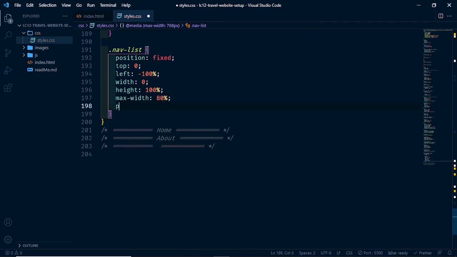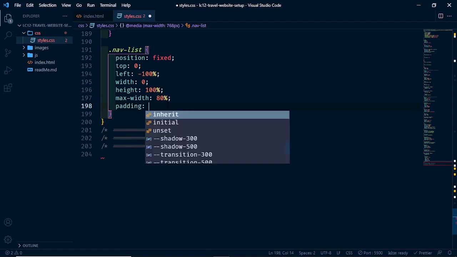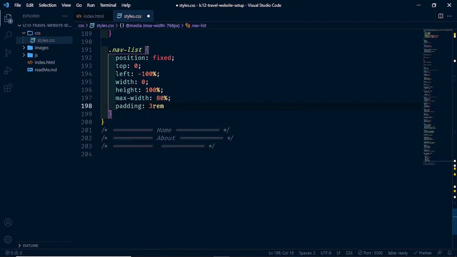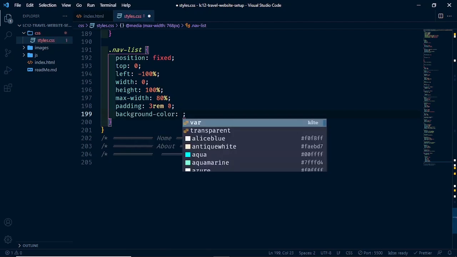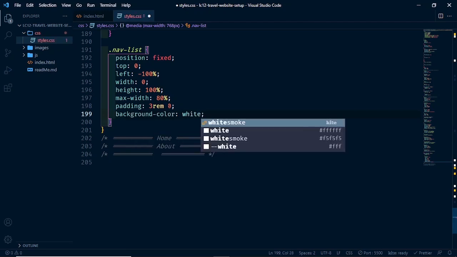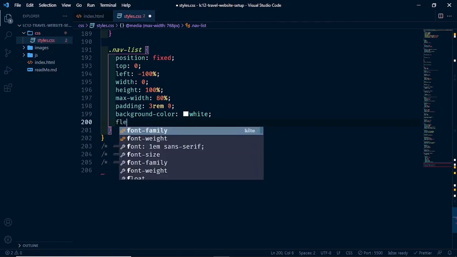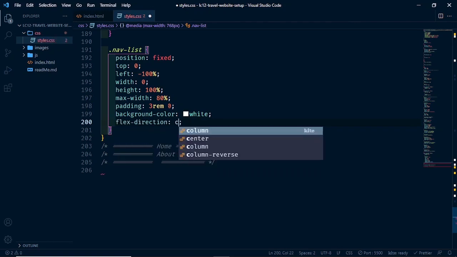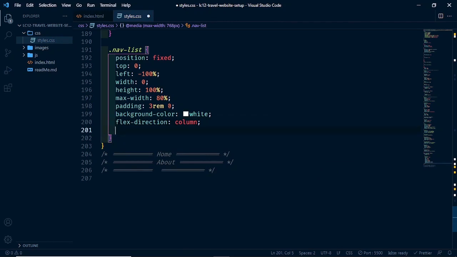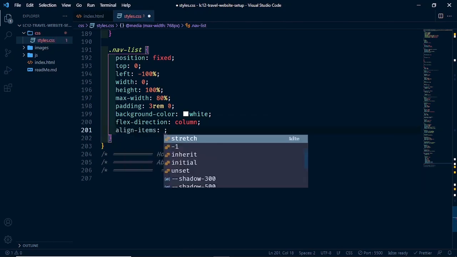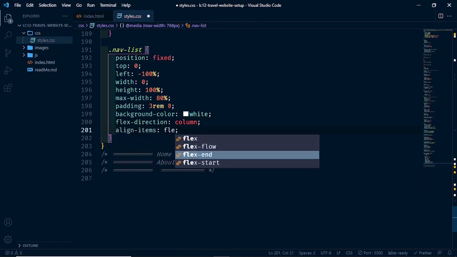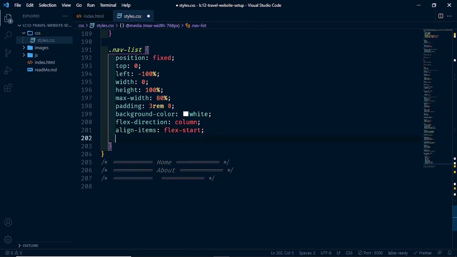Also let's set padding to, let's say 3 rem, then 0. Then let's give it background color of white. Then let's give it flex direction of column. Then let's set align items to flex start. Then box shadow,